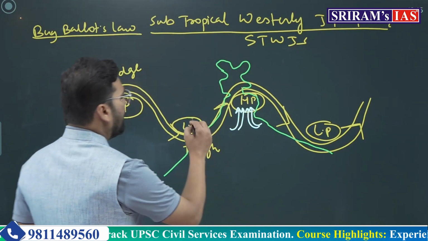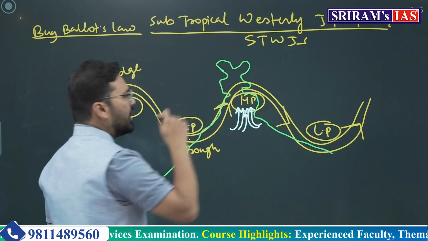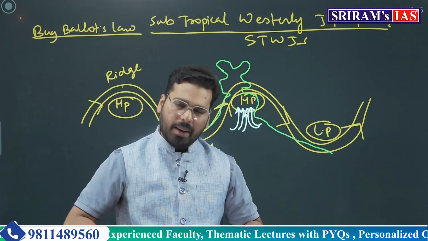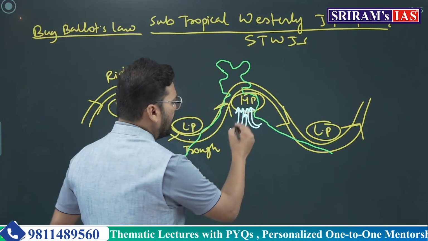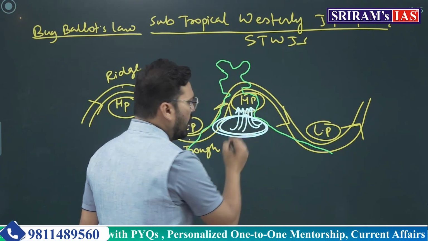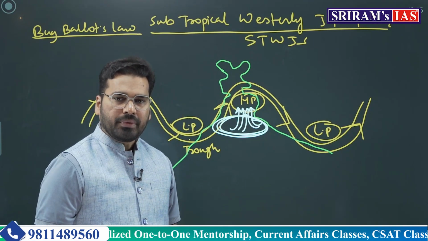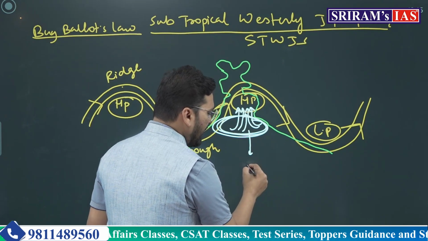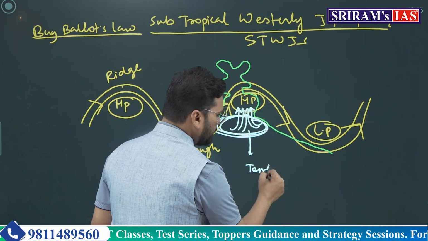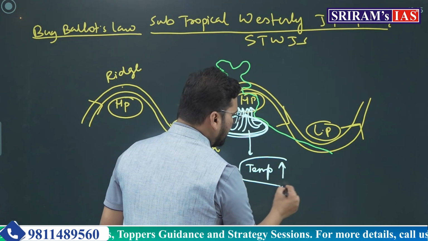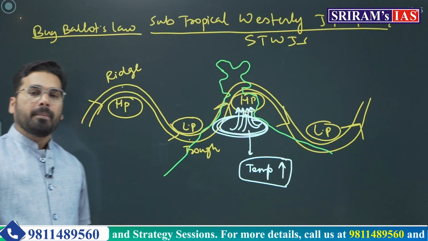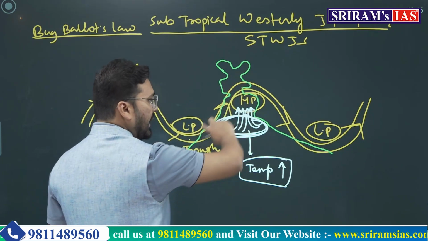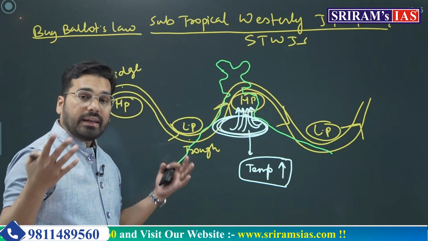currents. Now tell me, if this is so hot and it is trying to move up and there is a lid discouraging it to move up, what will happen? All this warm air will be confined in this region, or not? All the heat will be trapped, or not? And this trapped heat, don't you think, will lead to an increase in temperature? Yes, so it can be another cause. It's like a dome, so it is also called a heat dome.